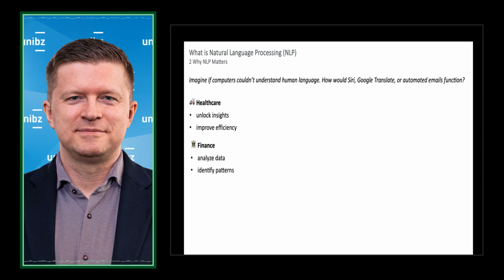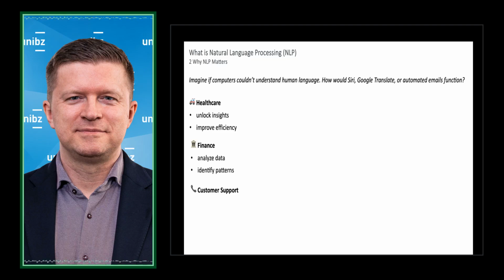Another example is NLP tracking sentiment from news articles or social media to predict market trends, or to identify potential risk in financial reports or regulatory filings. It also identifies patterns in transactions or communications that could indicate fraud.